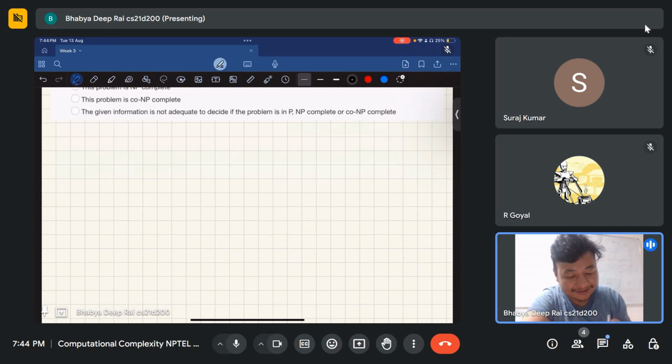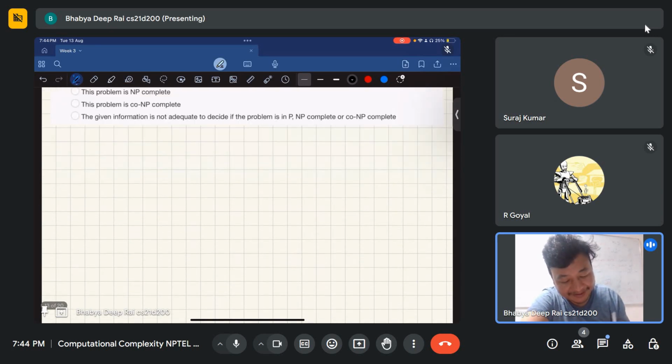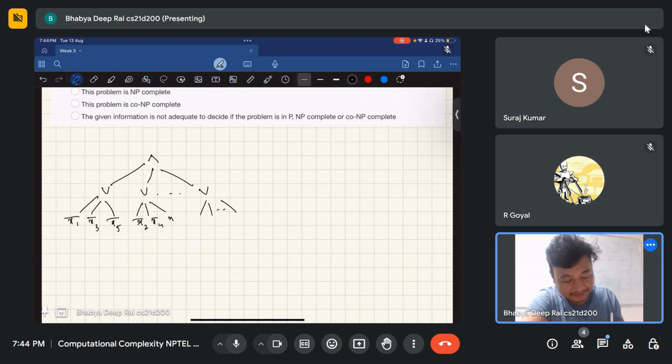So here was Goel's logic, which I found pretty interesting actually. I had not thought about it this way. So you have a CNF only, but all the literals are actually in negative form. So x1 bar, x3 bar, x5 bar, and so on, x2 bar, x4 bar, and so on. So all are negative, they are complements. Now, what I thought about was, so my answer